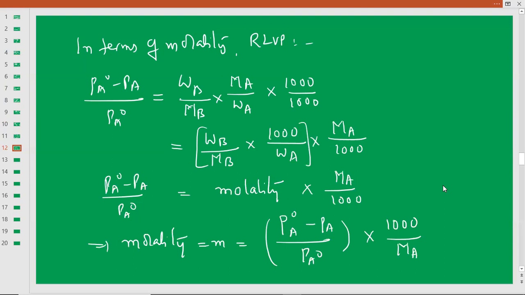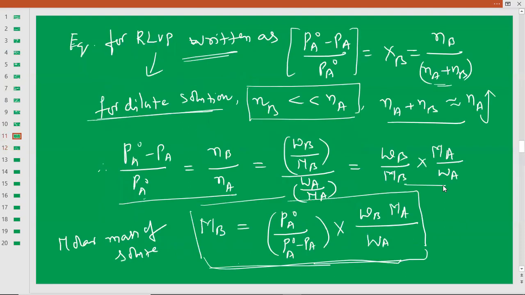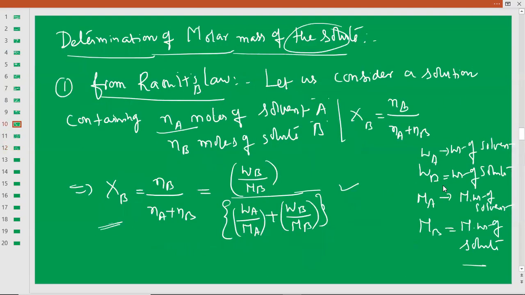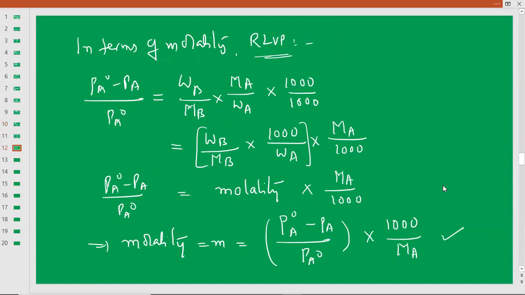Here we have considered this Na is extremely greater than Nb in that case. Okay. So this is the expression we are telling about molality. In terms of molality also, we have defined what is Raoult's law. So what is Raoult's law? Raoult's law is telling that the relative lowering of vapor pressure of a dilute solution containing non-volatile solute is equal to the mole fraction of solute in the solution. So that is very clearly explained in this molality expression also. Okay.